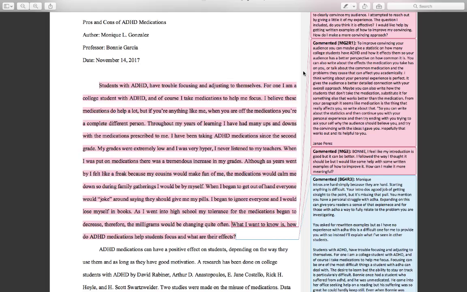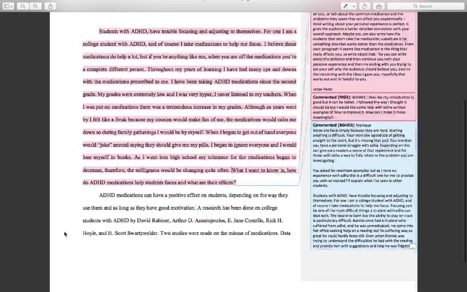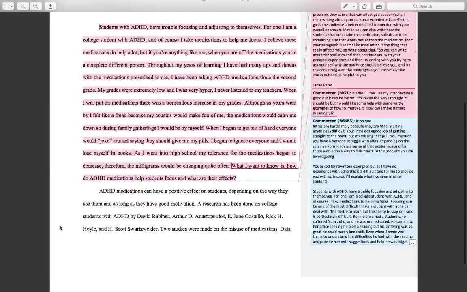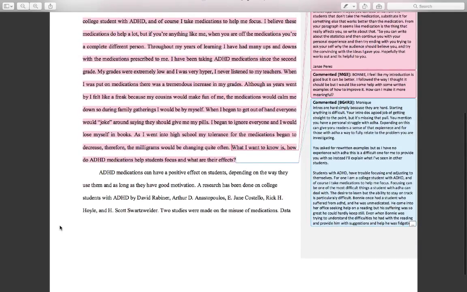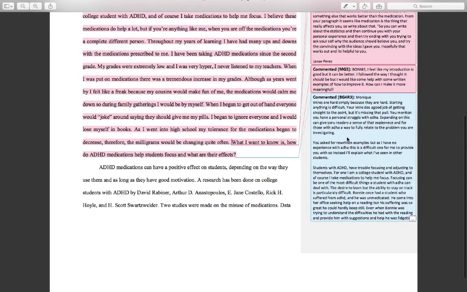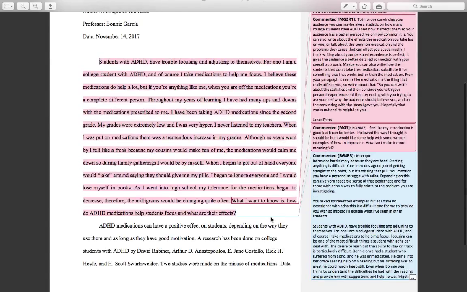Okay, so she told me to make a better appeal or attraction to my audience and give them a reason to actually want to read my paper. And honestly, that really helped me out a lot, because after that, I changed it up. And then also, I have more comments. This is from my professor, Bonnie. I asked her to help me fix my introduction because I wasn't satisfied with it.